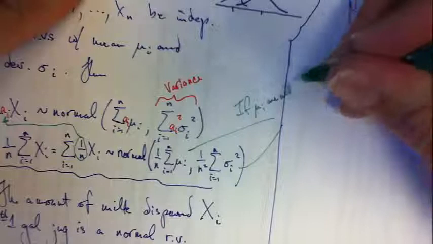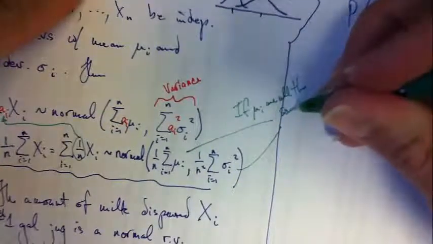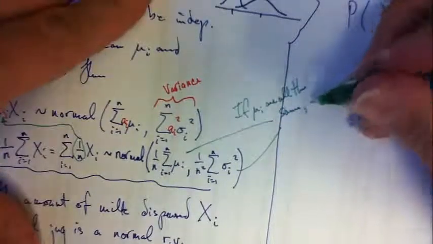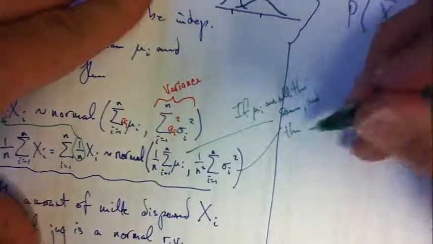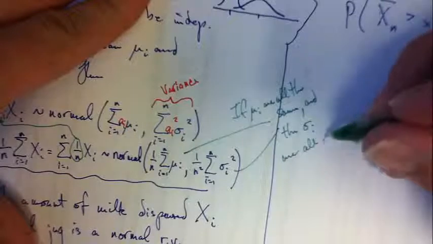If the mu sub i are all the same, and the sigma i are all the same, okay, then the behavior of that sum is normal with mean